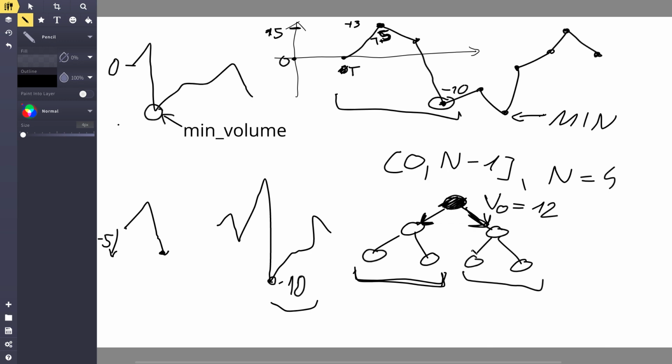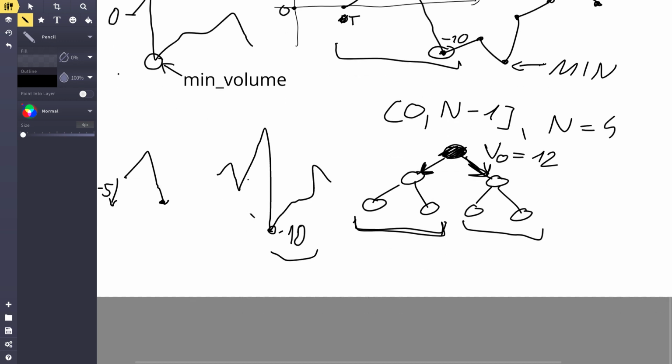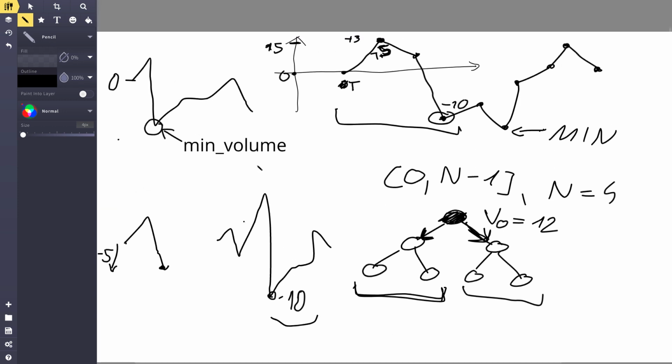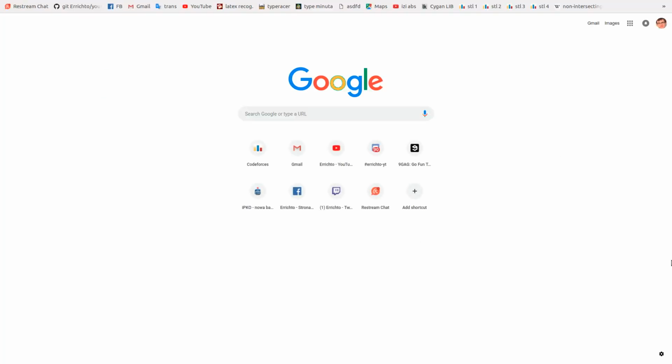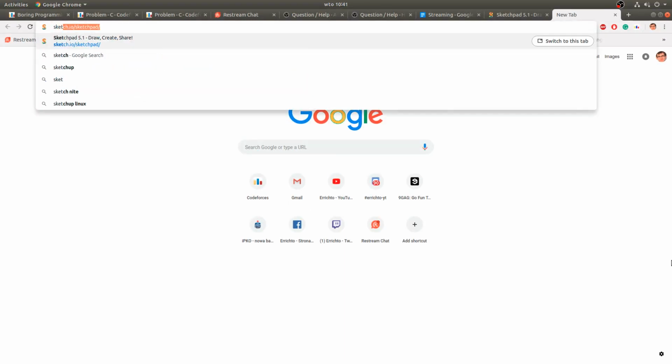Also, when I wanted to implement a function for merging two nodes, I saw that for minimum volume I need delta. What means, can I scroll this? I can't. Let's remove something. How can I do it? I can just create a new sketch, but